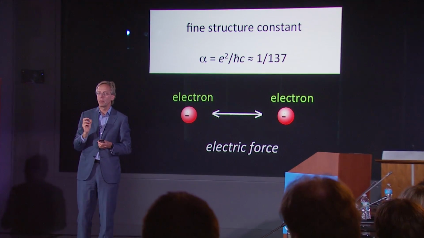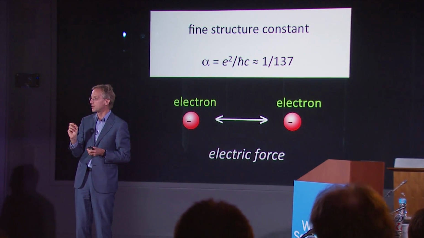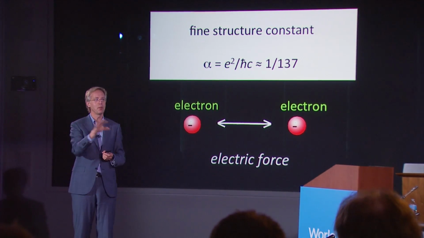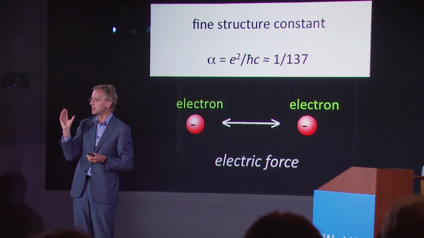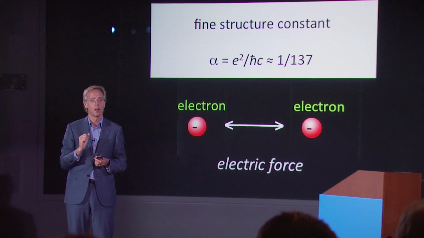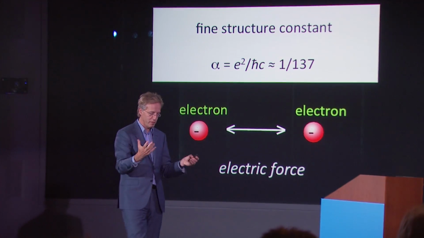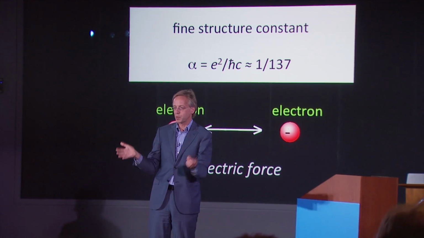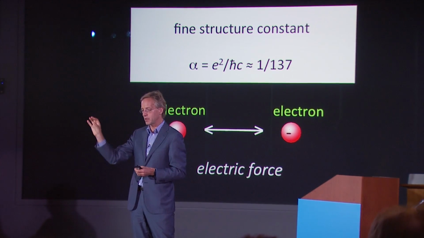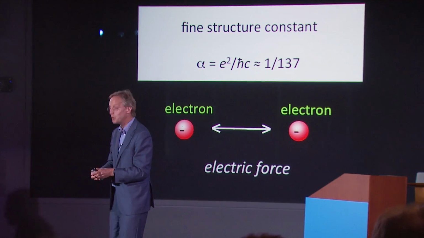Now, for a long time, people actually thought it was exactly 1 over 137. You can find many papers in the past where people were really fascinated by the number 137. Why 137? There's a famous story of Wolfgang Pauli, a famous physicist, who at the end of his life was in a hospital room, which was number 137. So he was really spooked by that.